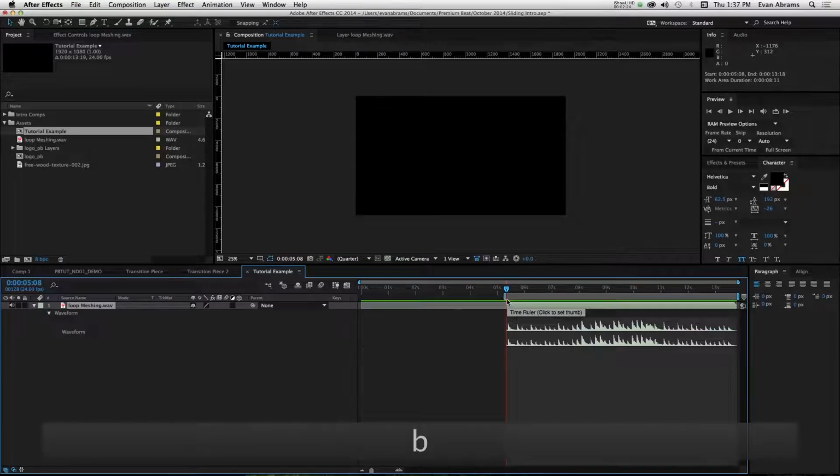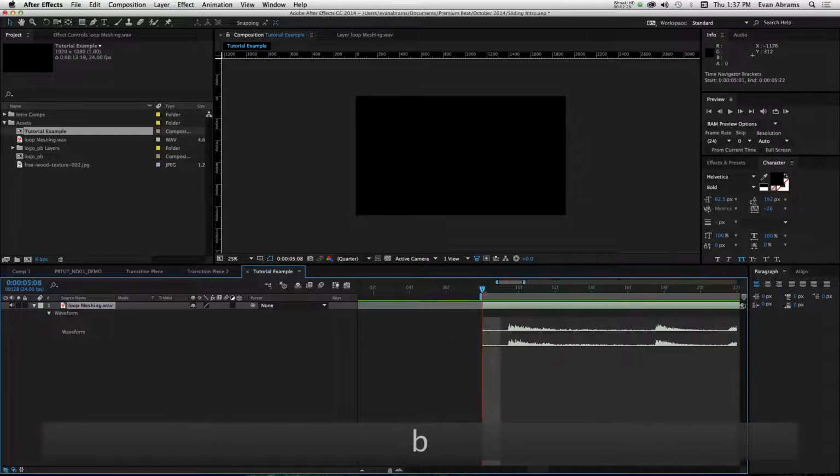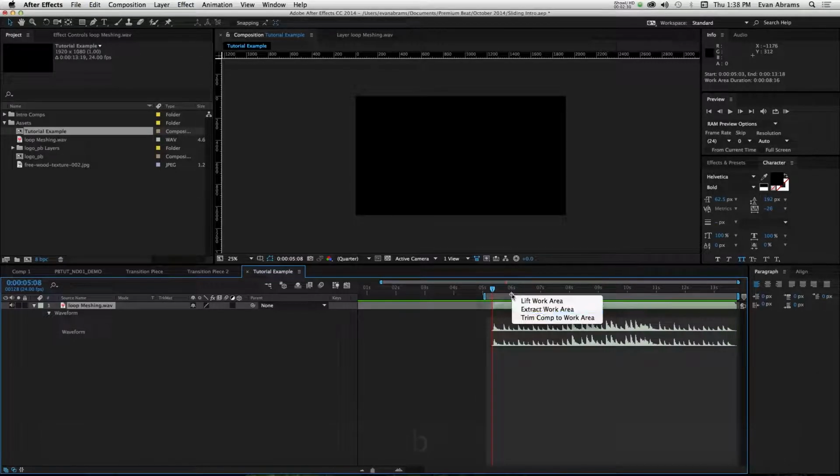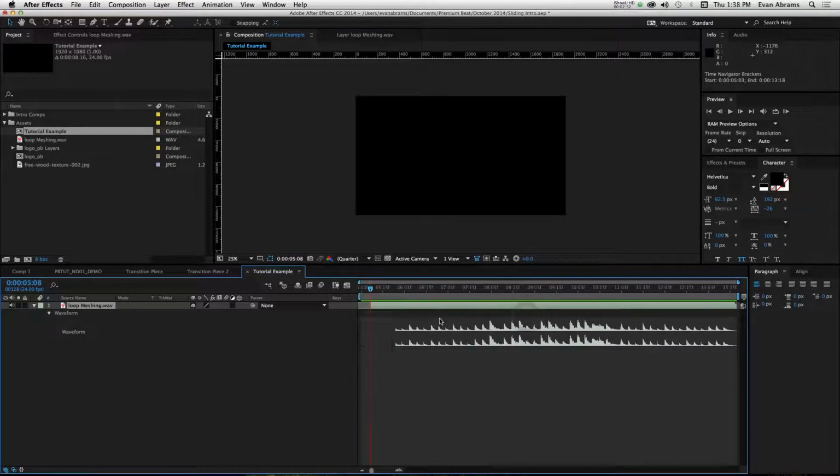And I'm going to hit B to start my timeline there. And I'm just going to pull this off a little bit before I say trim comp to work area, because I want to have a little bit of play on either side so that I can have some handles or, whatever, just so I have more space to play with